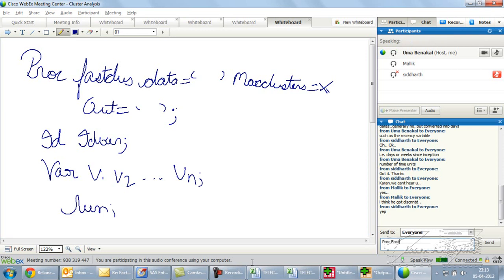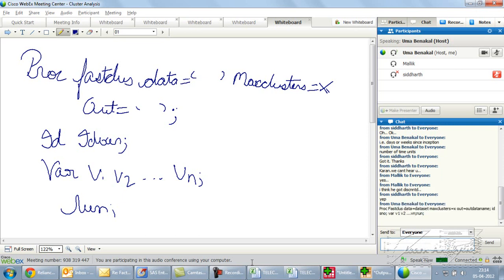Right, so proc fastclus data equal to, let's say, dataset name, max clusters equal to, let's say, x, out equal to out data name, ID equal to serial number, var v1, v2 till vn, run. Right. So what I want you to do is try out this proc fastclus